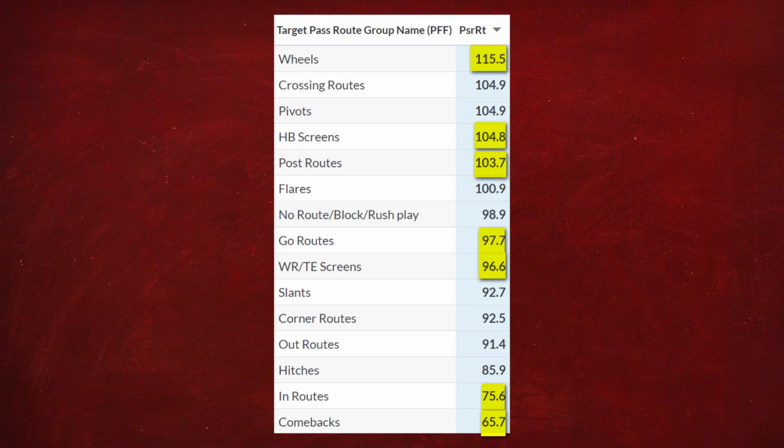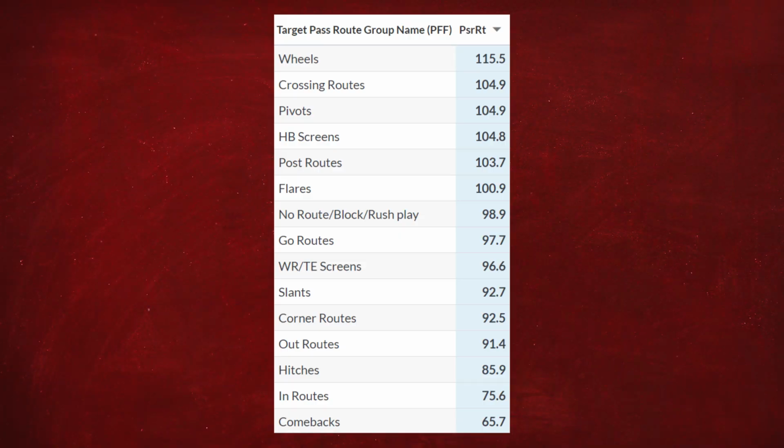So while these graphs are all well and good, these don't really tell a full story. They require context of the other routes that surround them and the players that actually run the routes. In fact, if we look at some of these routes in particular, they can be kind of niche. Wheel routes tend to result in great passer ratings, but even FSU targets them on only 1.5 percent of their passes over the past 2 seasons, and they're in the 89th percentile.